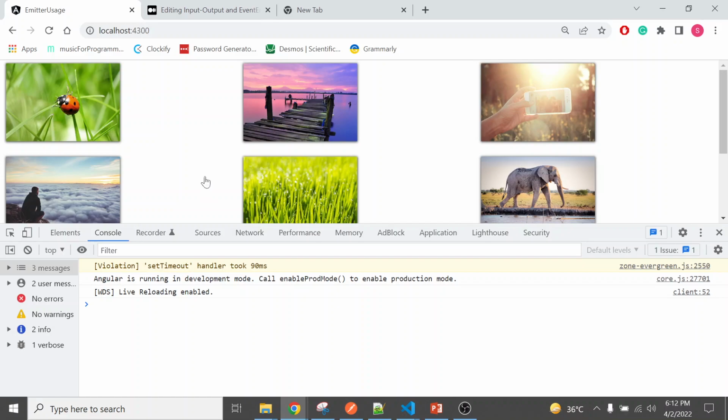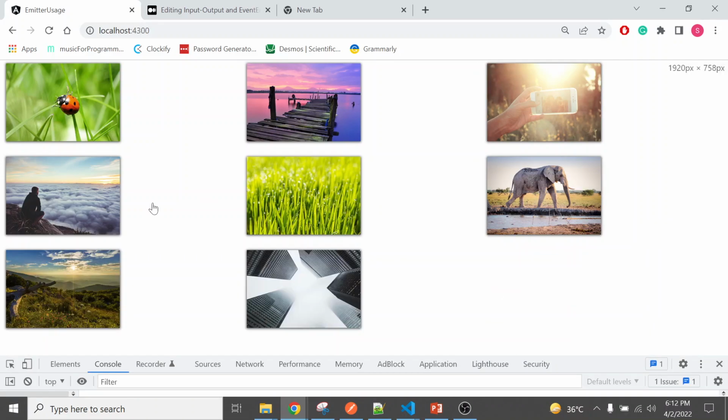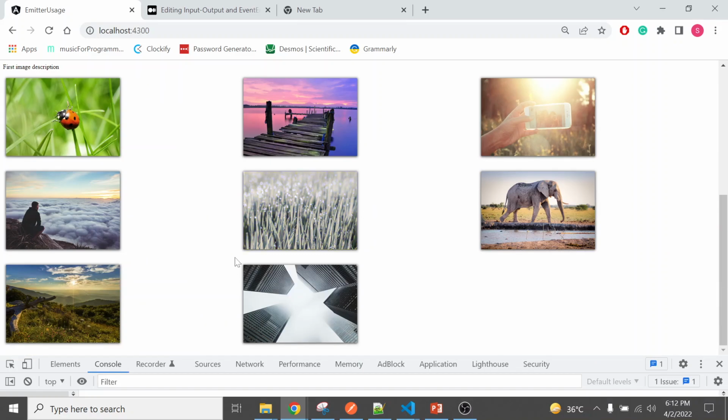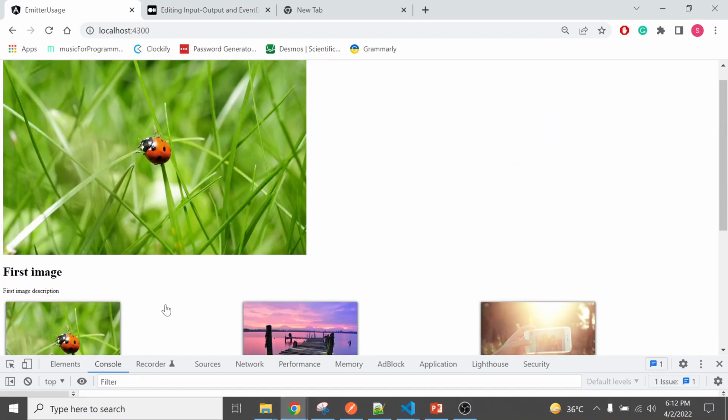Here is the list of the images we have. Now if we click on any image, it will show the description, meaning the details, of that image. This can be achieved using the input output emitters. These are the three components that we are displaying currently.